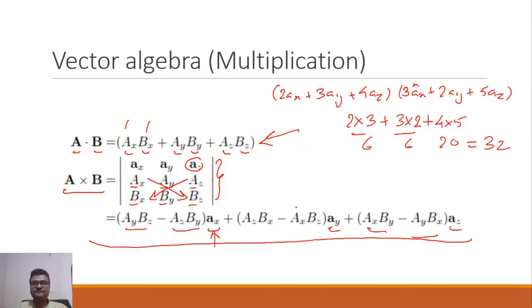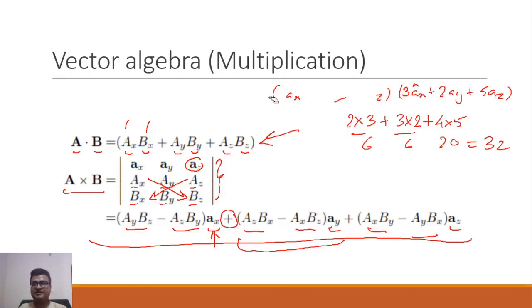In the central term, we have to multiply the coefficients in opposite order, from right to left and then afterwards from left to right. That we need to keep in mind. Or if you multiply them in the usual order, first from left to right and then from right to left, you have to place a negative sign here. So that is what we need to keep in mind. And with practice, you will be very familiar with this formula. It is very easy and this will be used very frequently.